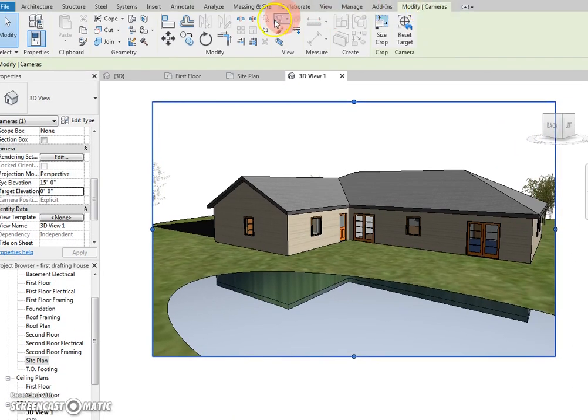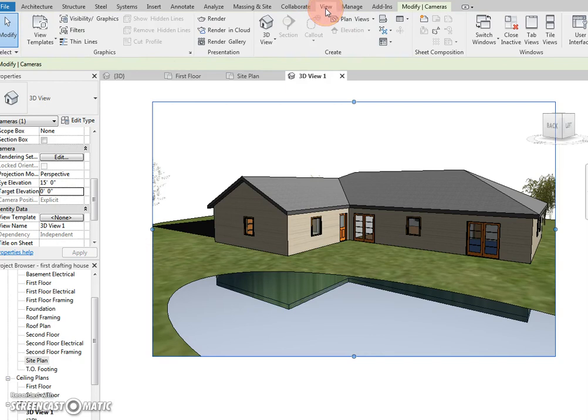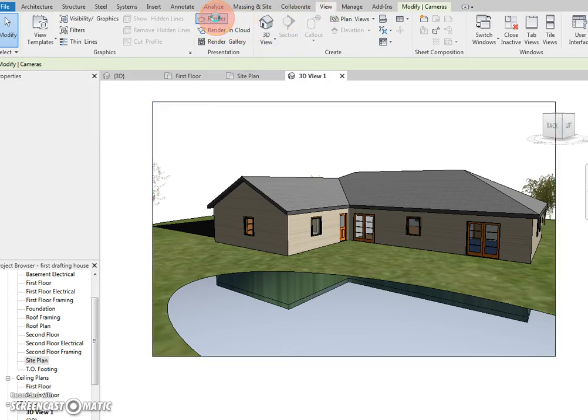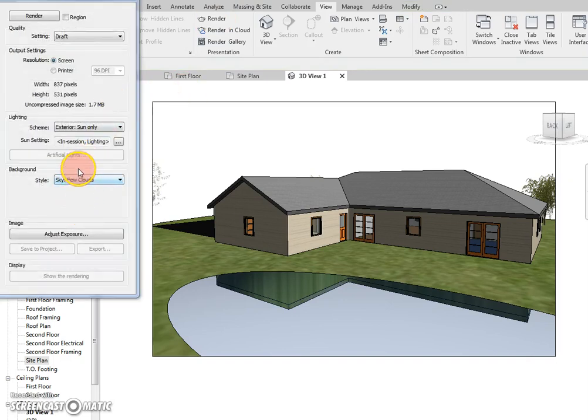Go up to the top, choose View, choose Render. Now later on I'll show you guys how to add the background and things like that. I'm not going to worry about that right now. The only thing I want you to do is to go to the settings, and I'm going to go medium or high. I'm going to go medium just for the sake of the video. Nah, I'll go high, why not? So go ahead and choose high, and I'm going to pause the video once I press start, and then I'll unpause it once it gets done. So once you render,